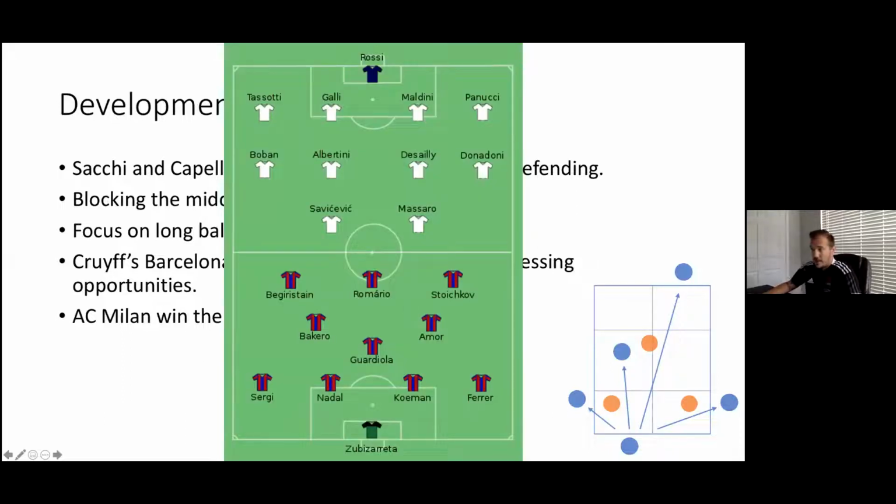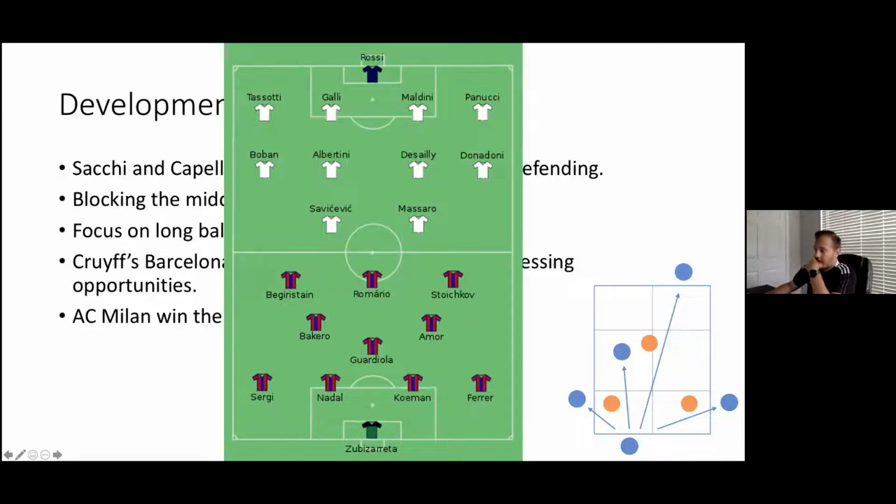This was the teams that played. A lot more names that we probably all remember now. Zubizarreta, who ended up being a director at Barcelona, Koeman, who's the coach right now, Nadal, Sergi, who's a dynamic fullback, Guardiola, who we all know, Romario, Stoichkov, Bakero, like all these players are much more players that we understand, that we know. And then we're already starting to see on the Milan side, Maldini, Desailly, you know, these type of players, Tassotti, right? So all these players that are a lot more famous that we are starting to remember now.